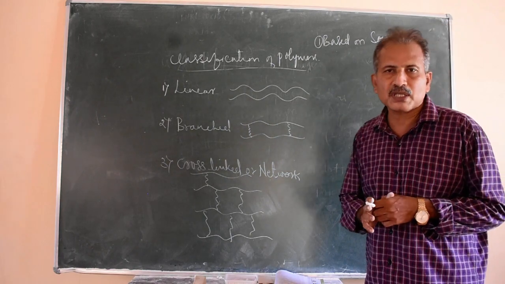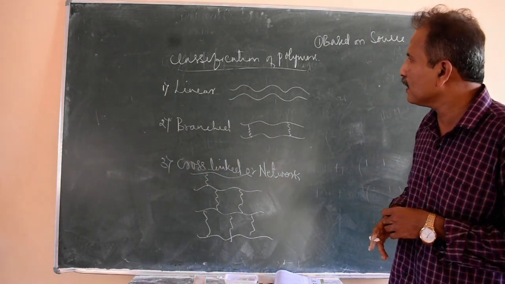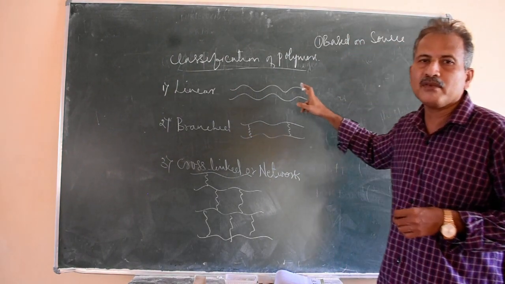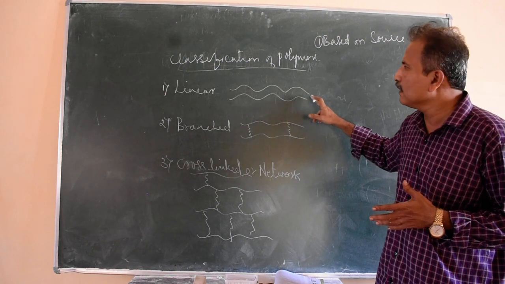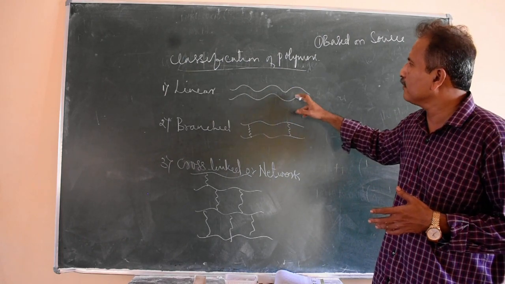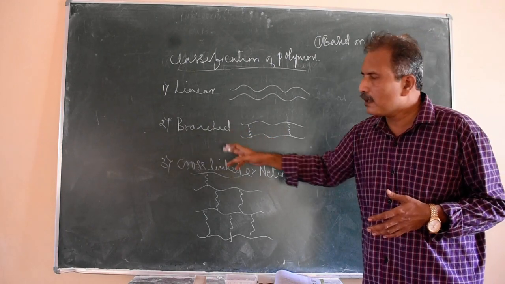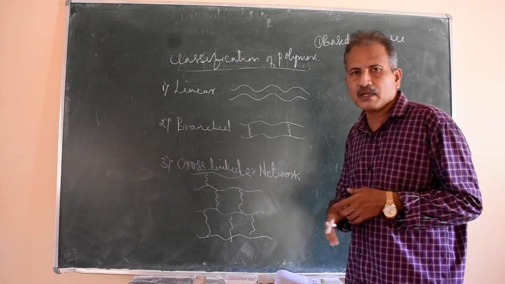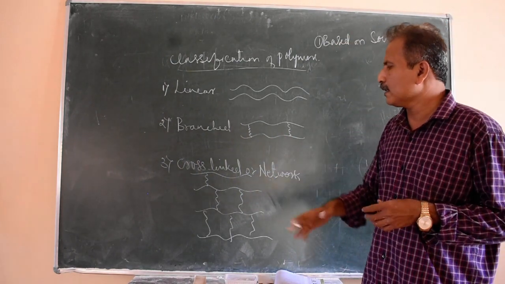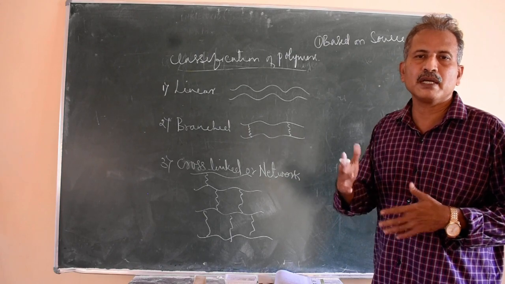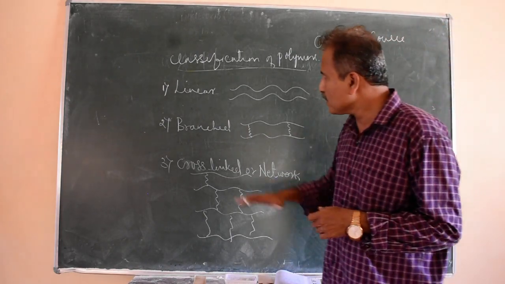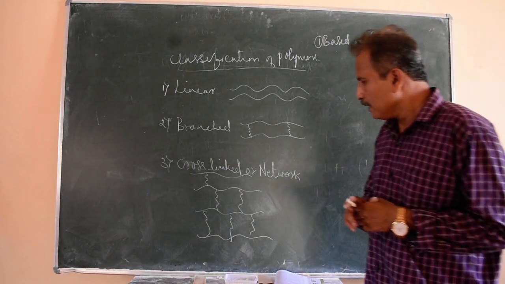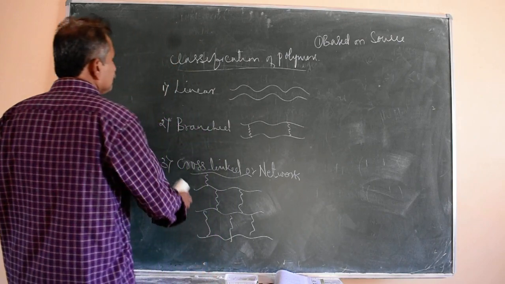So based on the structure, polymers can be classified into linear, where you will have linear polymer chains. The structure is straight chains of polymers. Then branched means here and there will be some links between the chains. And cross-linked means there will be extensive linkage between the two. So this is the second classification of polymers. The third polymer classification